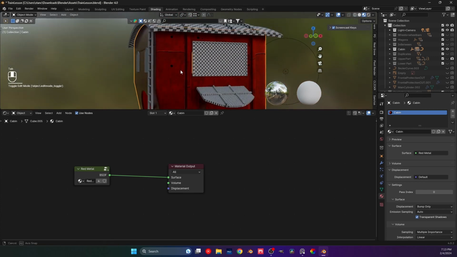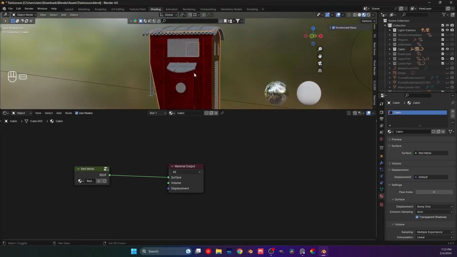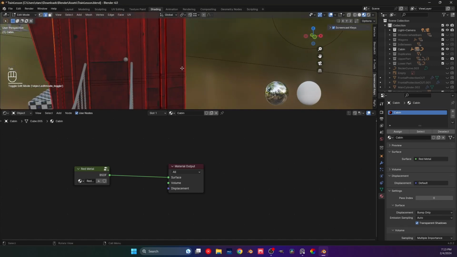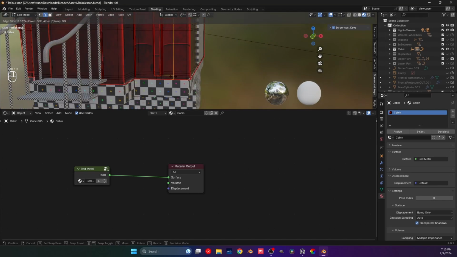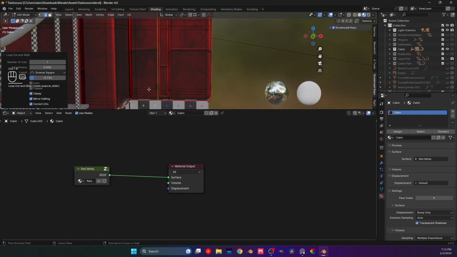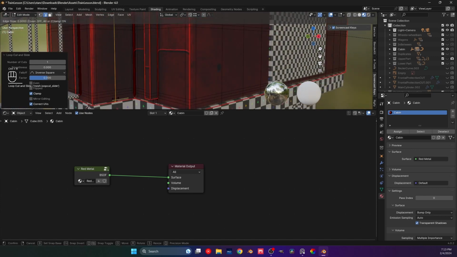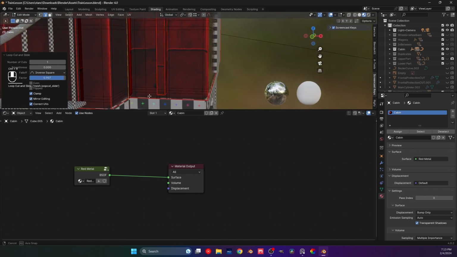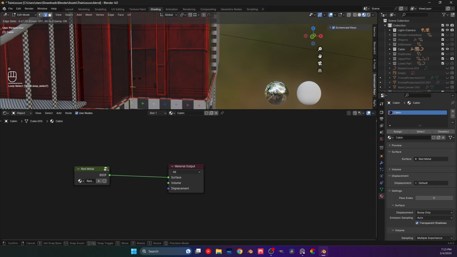But as you can see, what to do to get rid of that is to add geometry, which is not something I necessarily love, but